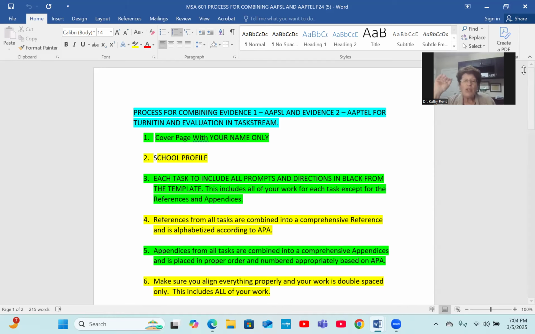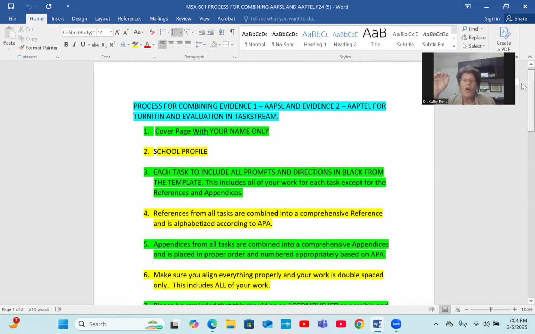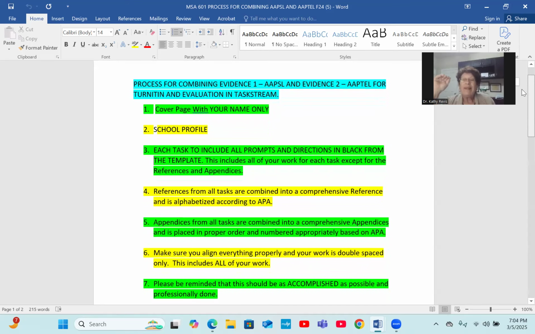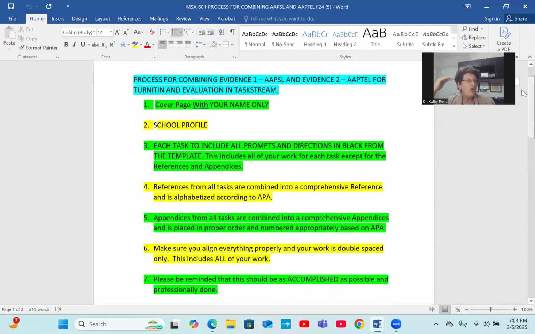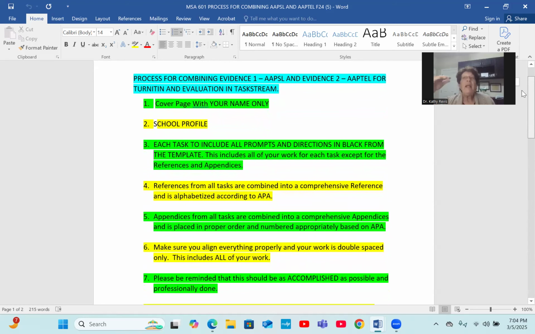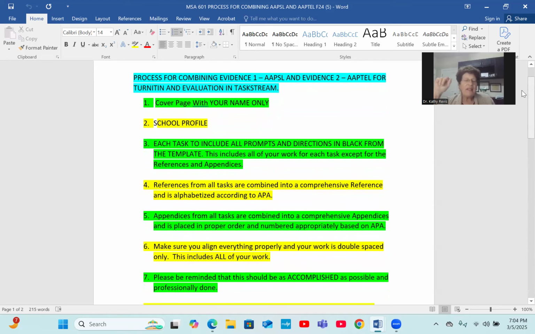Be sure you leave in all prompts and directions that are from the template, because your evaluators know that template, and those are things they look for. They'll look for task 1 and the narrative. They'll look for task 2, and so on. So make sure that it flows consecutively.